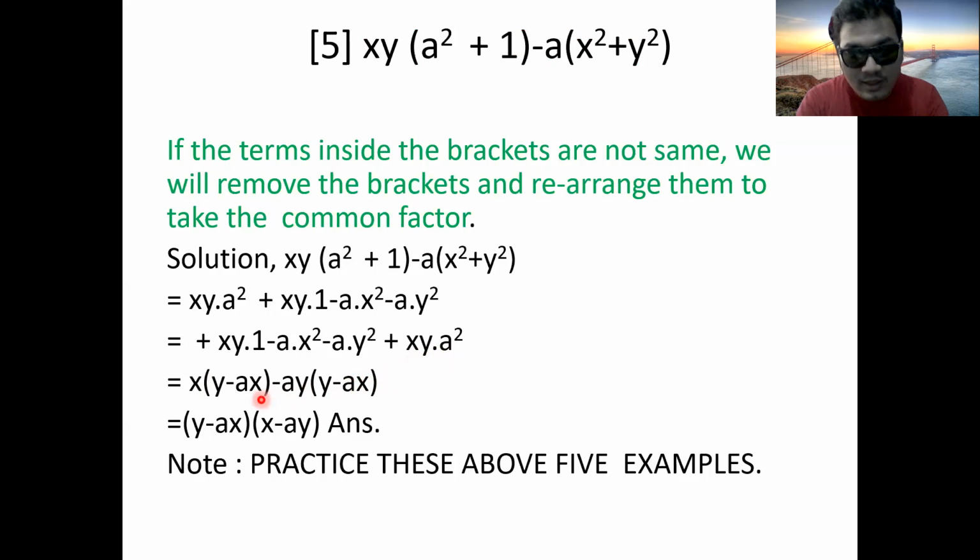Now see here, inside this bracket also y minus x, inside this bracket also y minus x. Right here, y minus x, and here x is remaining, and here minus ay is remaining, right, in another bracket, x minus ay. Okay, now there is no common. These two are the factors. One factor is y minus x, and the other factor is x minus ay. Okay, like this you practice these problems. And you will have ease in factorizing them.